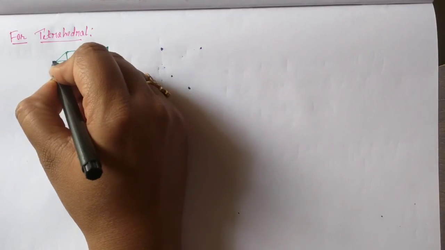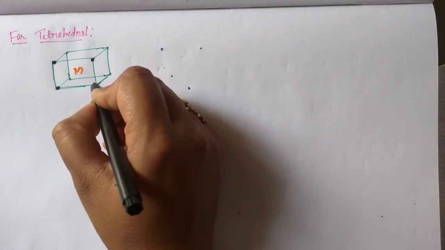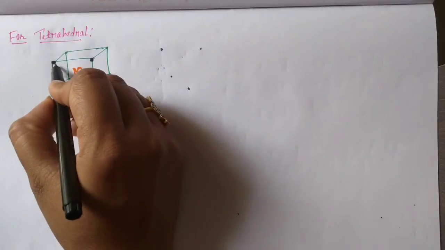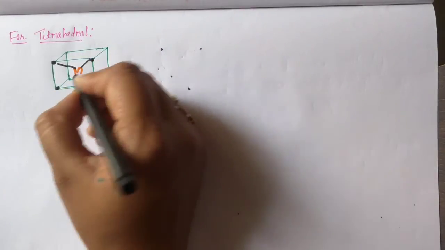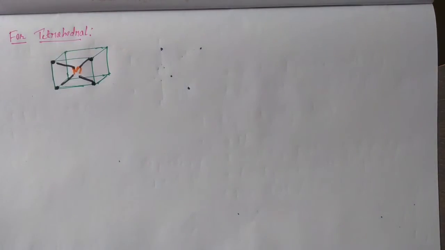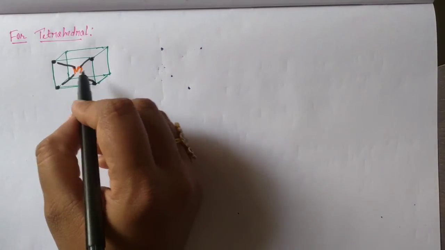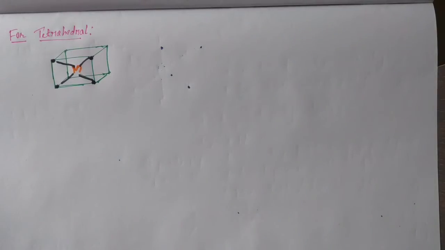One ligand is approaching from this side, one ligand is approaching from here, and one more ligand is here. Out of 8 corners, only 4 corners have ligands. It leads to a tetrahedron structure. So out of 8 corners, 4 corners are occupied by ligands. Here the structure is just reverse, that is, the eg and t2g levels are just reverse of octahedral.